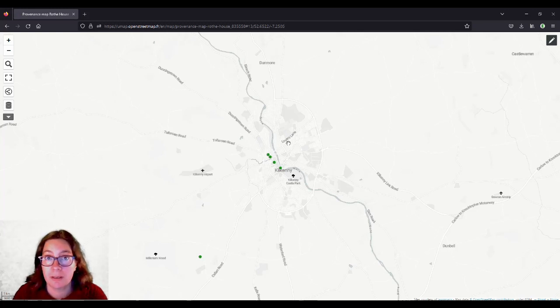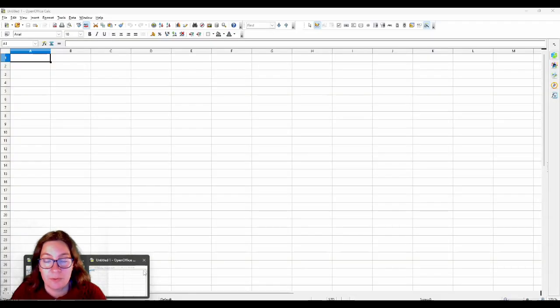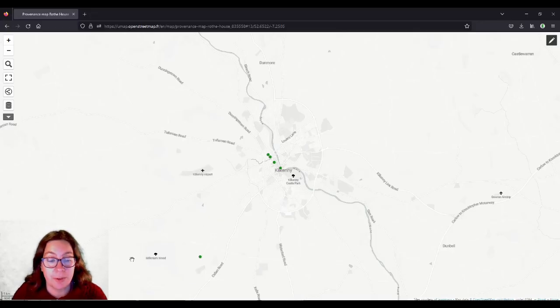Or sometimes things, like for example, in Roth House, a lot of the coins were bought in auction. So the provenance there is auction, which is not useful because you don't know where they were found originally. But this is just what's going to happen in smaller museums that didn't have a professional curator for a long time. So this is the situation in Ireland, and that's what you have to deal with. So you have to choose artifacts where you know where the artifacts came from. So I chose a list of 12 of different materials, of different time periods, and so on.